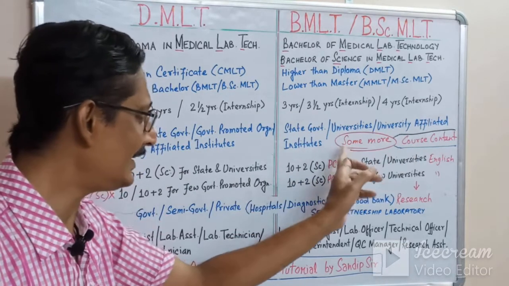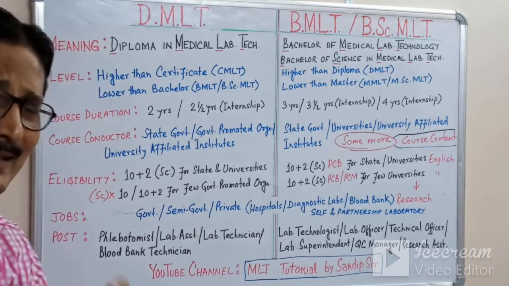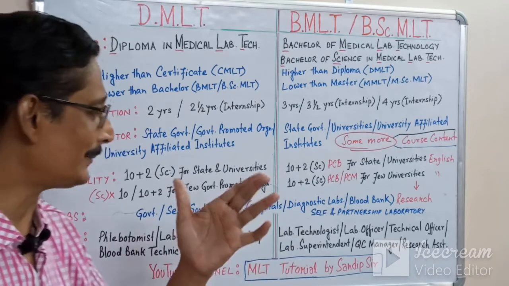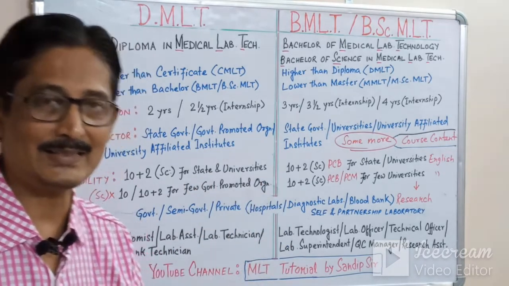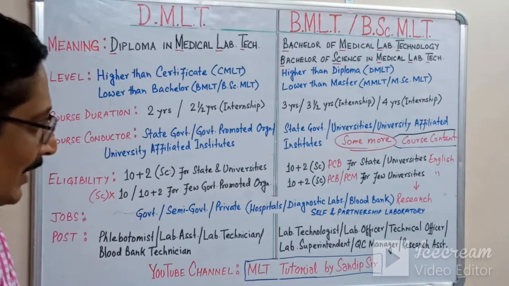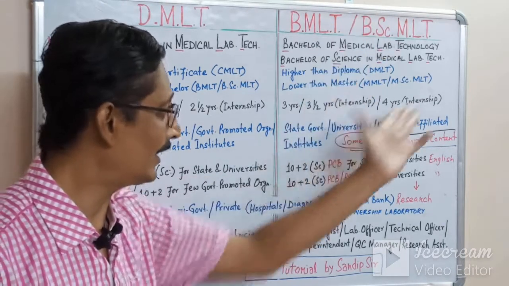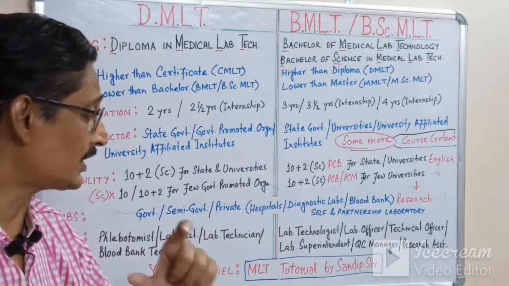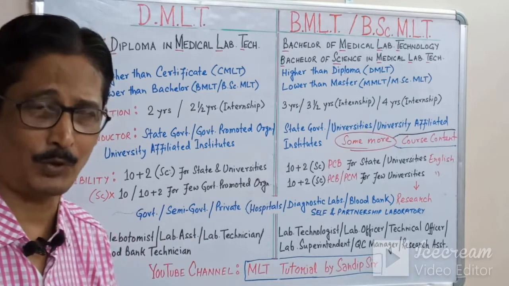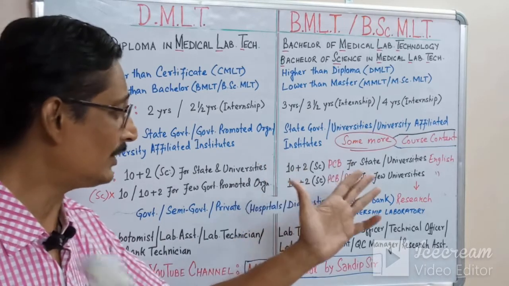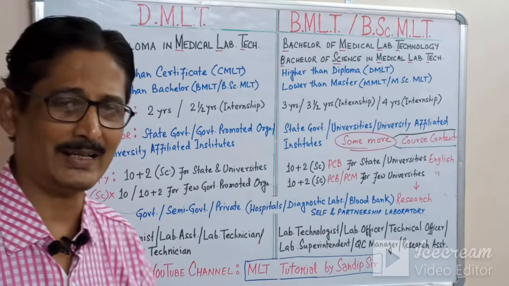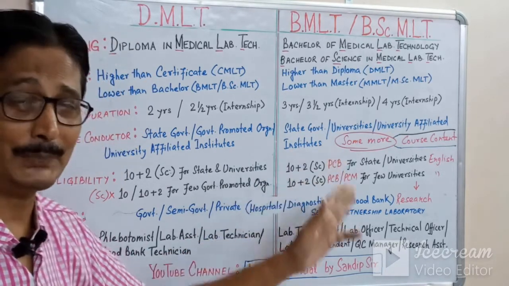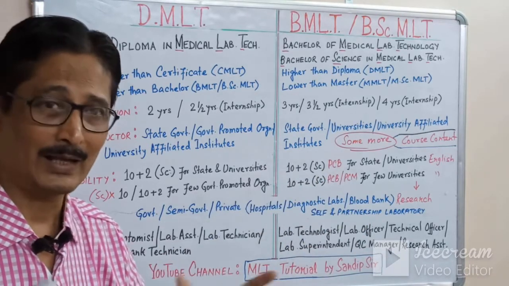So the course content is something more, and it is not about the number of tests. It is about the interpretation of the tests, that is, the different disease conditions you must learn in these courses, and along with that mainly the portion of physiology, that is, how our body functions. The more you know about physiology and disease conditions, the better you will be able to interpret a bunch of results.